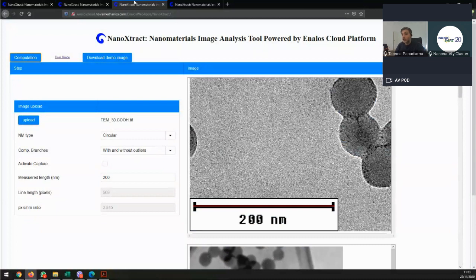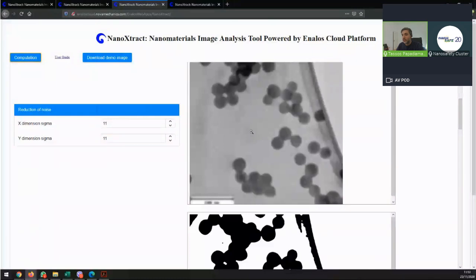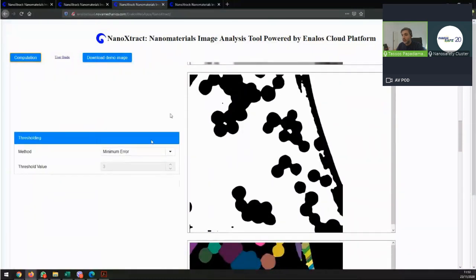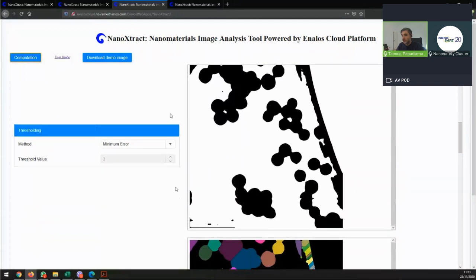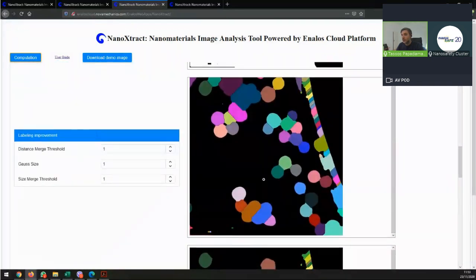Cool. Okay, so this worked. That's good. If you remember, we have this area here that we wanted to get rid of, so we did a lot of blurring. Again, you see that we use the minimum error. You see that we have a good outcome, and then we come down here, and initially we don't have a good splitting.